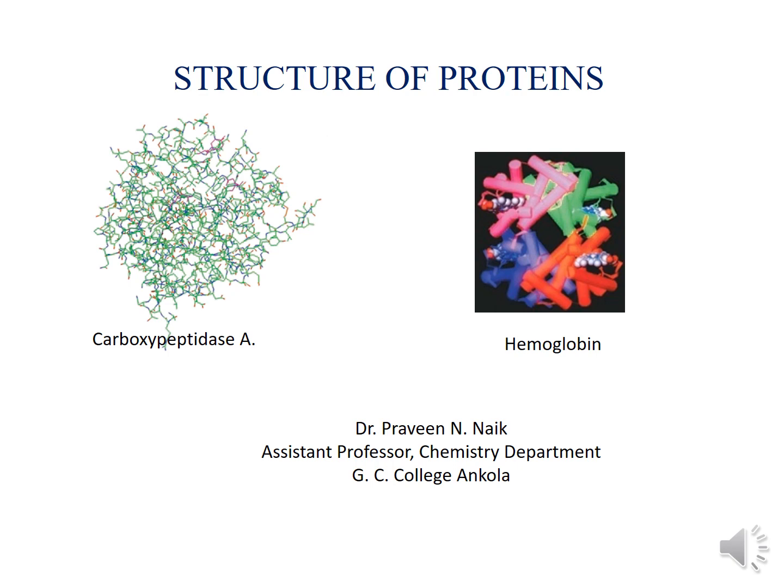So there are many ways of classification. I will restrict myself to the classification of proteins based on molecular structure. On the basis of molecular structure, only two types are there: one is fibrous proteins, another one is